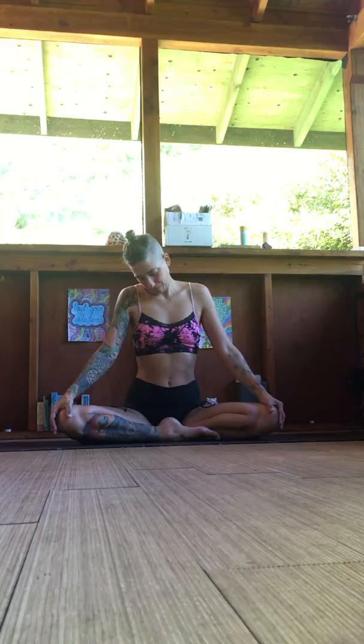And once you're in the center of your chest again, slowly move over to the other side, reverse the rolls. Start on your left side and then go over to your right. Don't forget to breathe. And slowly come back to center with your head. Gently blink open your eyes. A smile on your face. Feel your